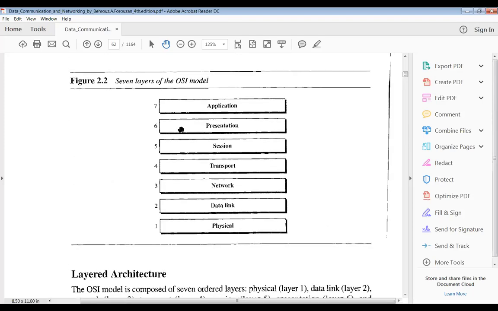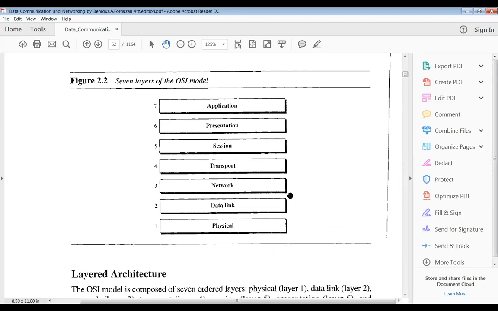If you are sending any data, first your request will start from the application layer. What request can we make in that application layer? Suppose you want to send an email, so I will open my email application, and from that email application I will open my document or my data and try to represent it in some format. Is it true or not? That will be done by the presentation layer. The presentation layer's responsibility is to represent data in some format.